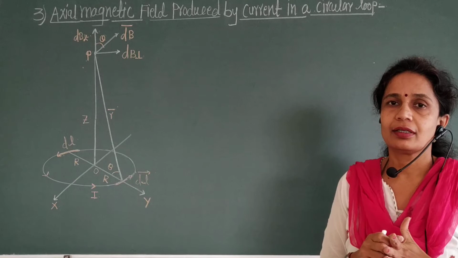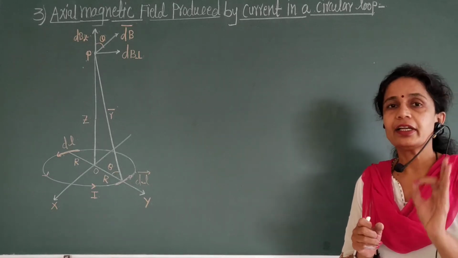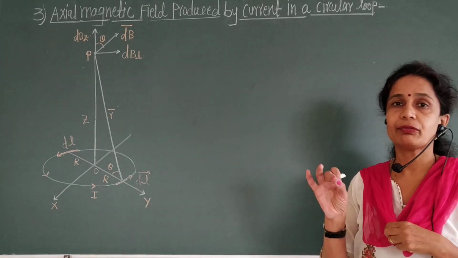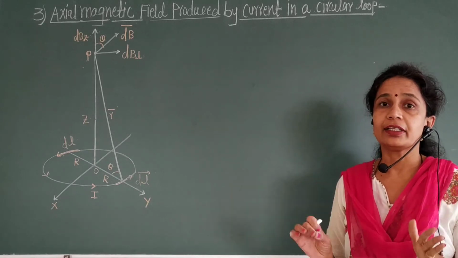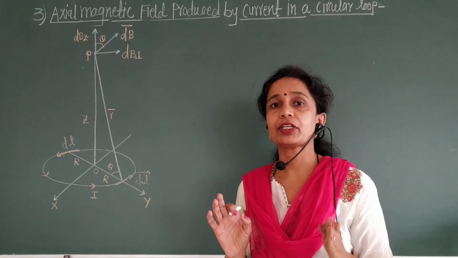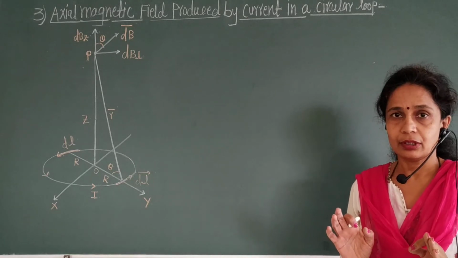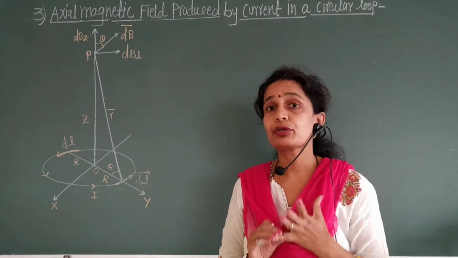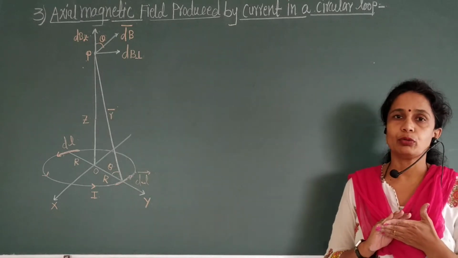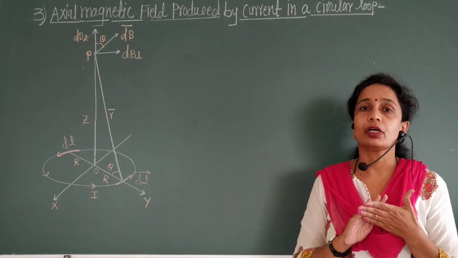From the last 5 lectures we are teaching a very interesting topic of physics, which is magnetic field due to an electric current. There are various applications of magnetic field in our daily life. One point is the Biot-Savart law. What is the use of the Biot-Savart law? To find out the magnetic field at any point due to a current distribution.